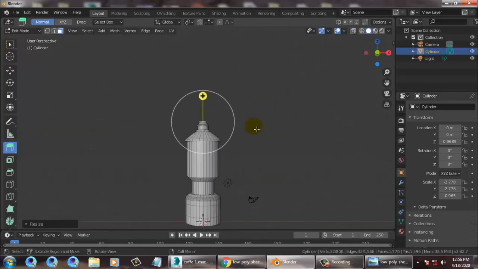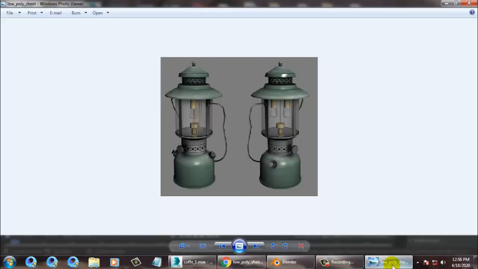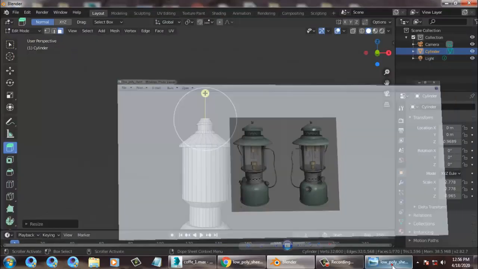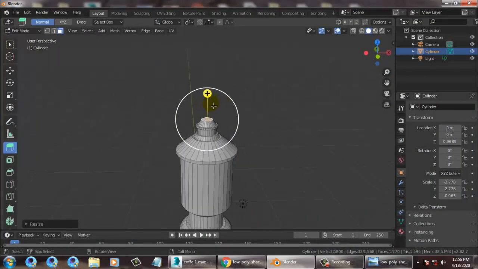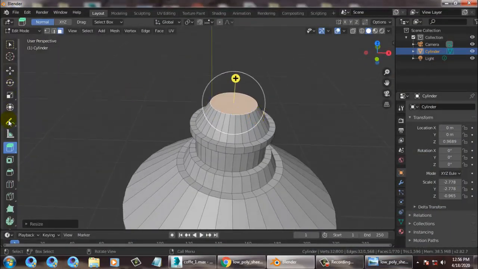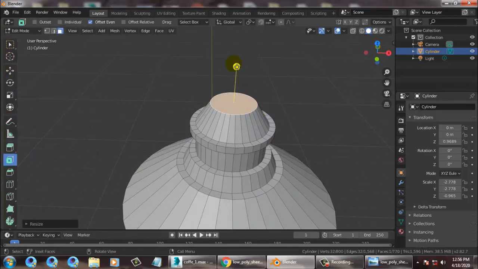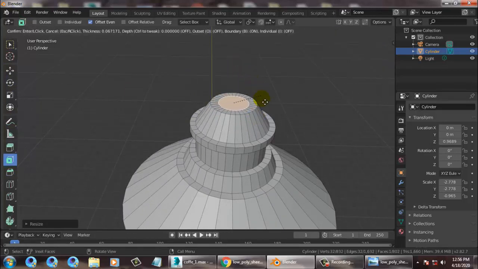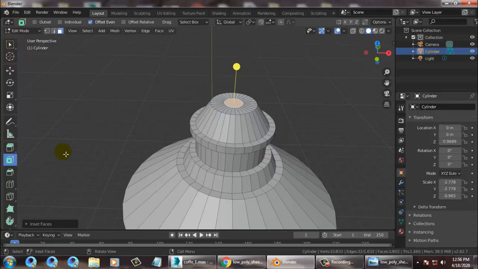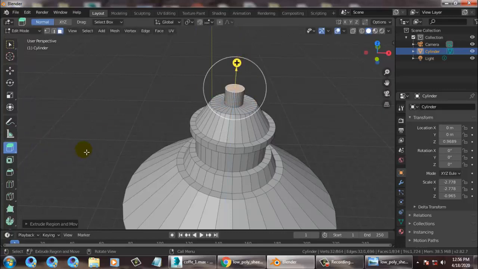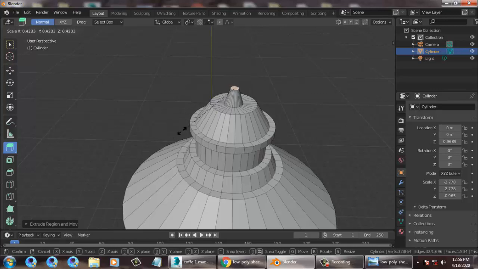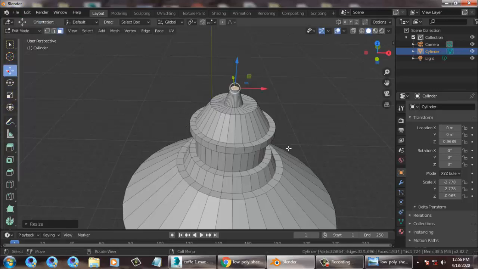So as you've seen over here, what we have done is like this. So again select this and use again an inset over here a bit and use extrude over here up, press S and scale it. That's it. Alright.